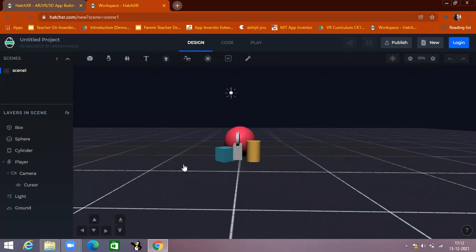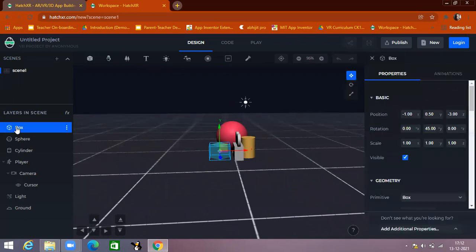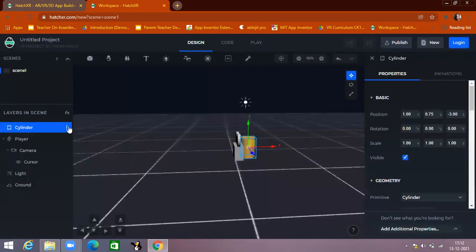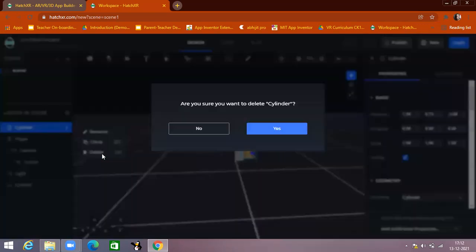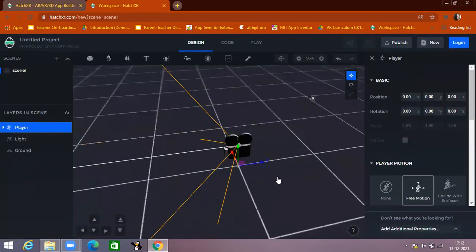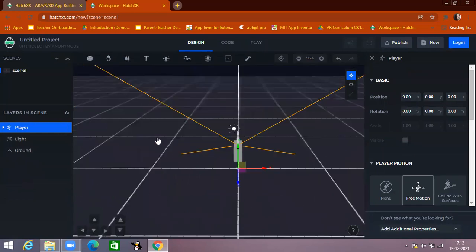Okay, so the first step, I don't want these objects, so I'm going to delete them. You just have to click on the box, and after that you can press backspace on your keyboard, or you can delete from here also. Okay, so now you can see all the objects are deleted, only the camera is here.